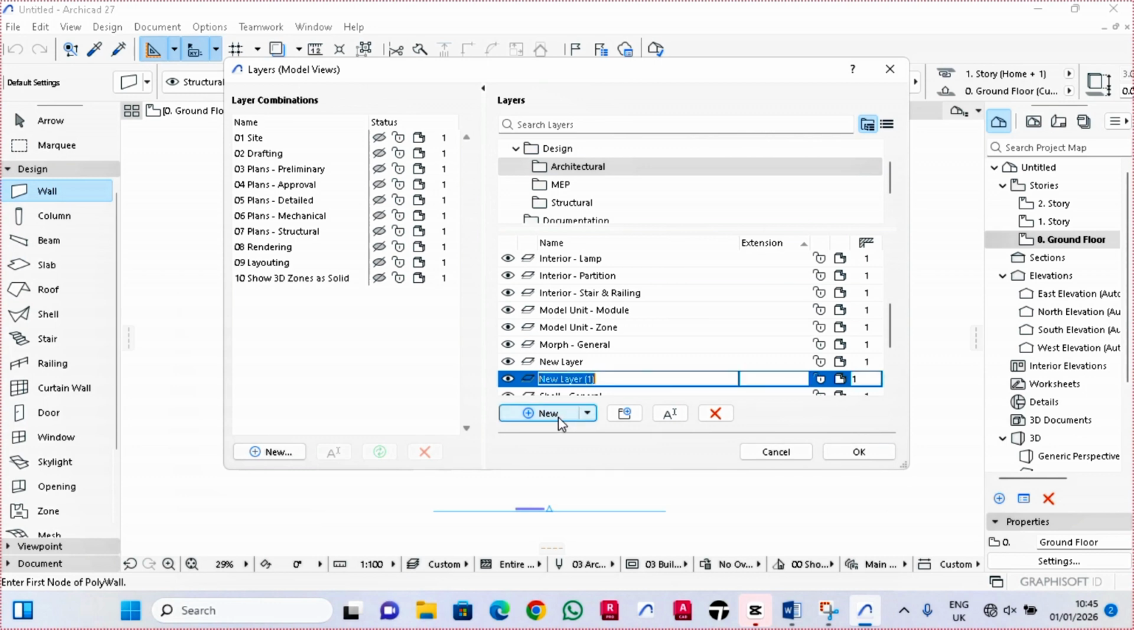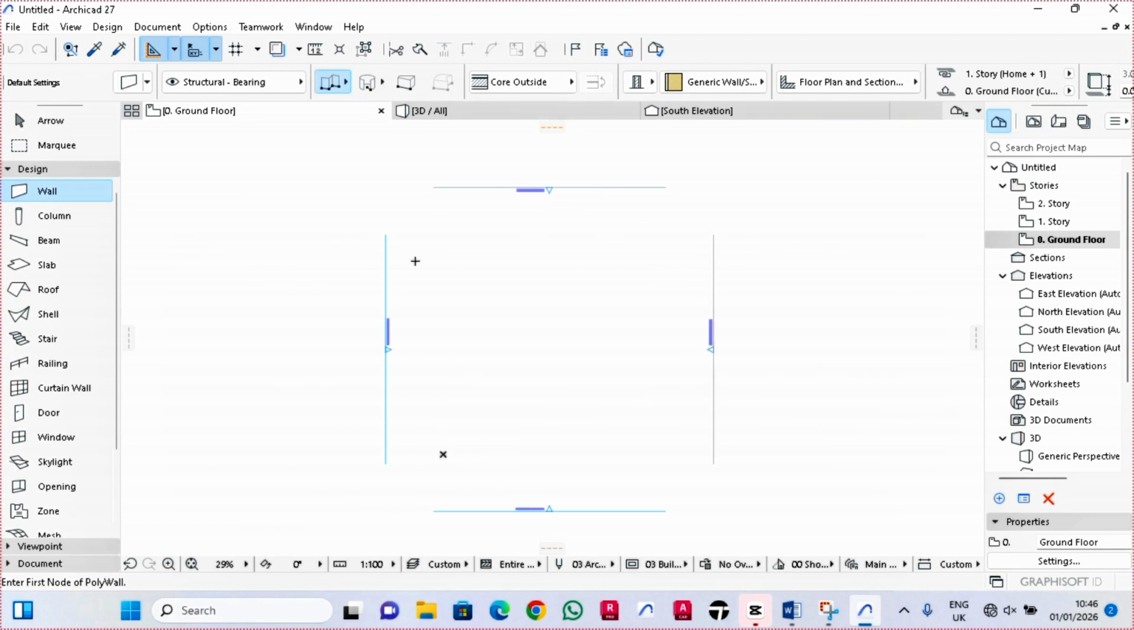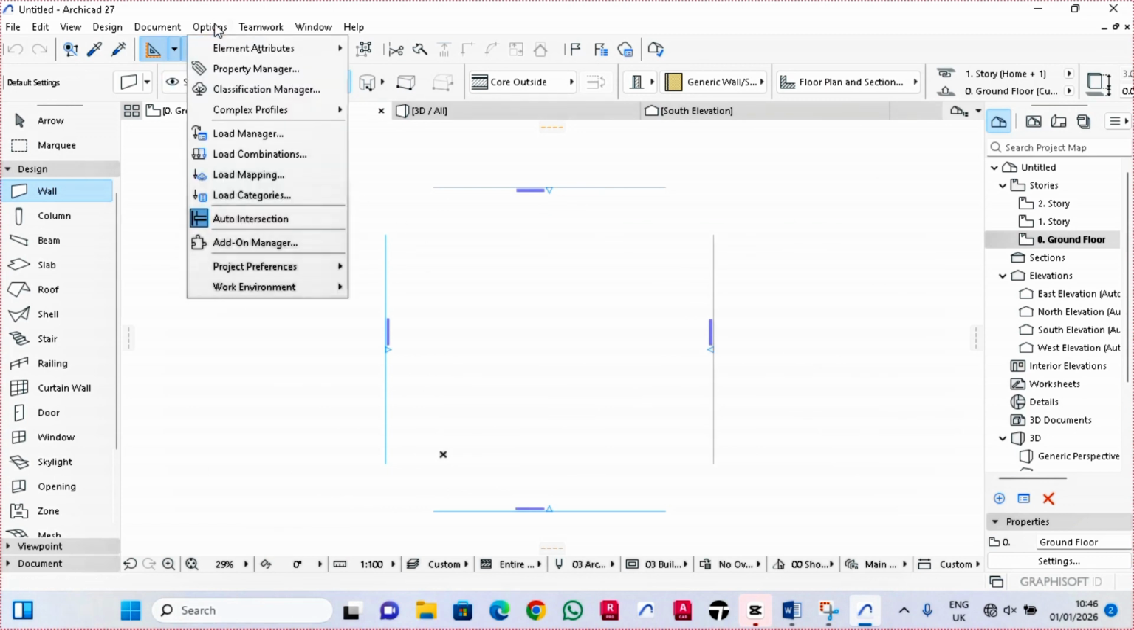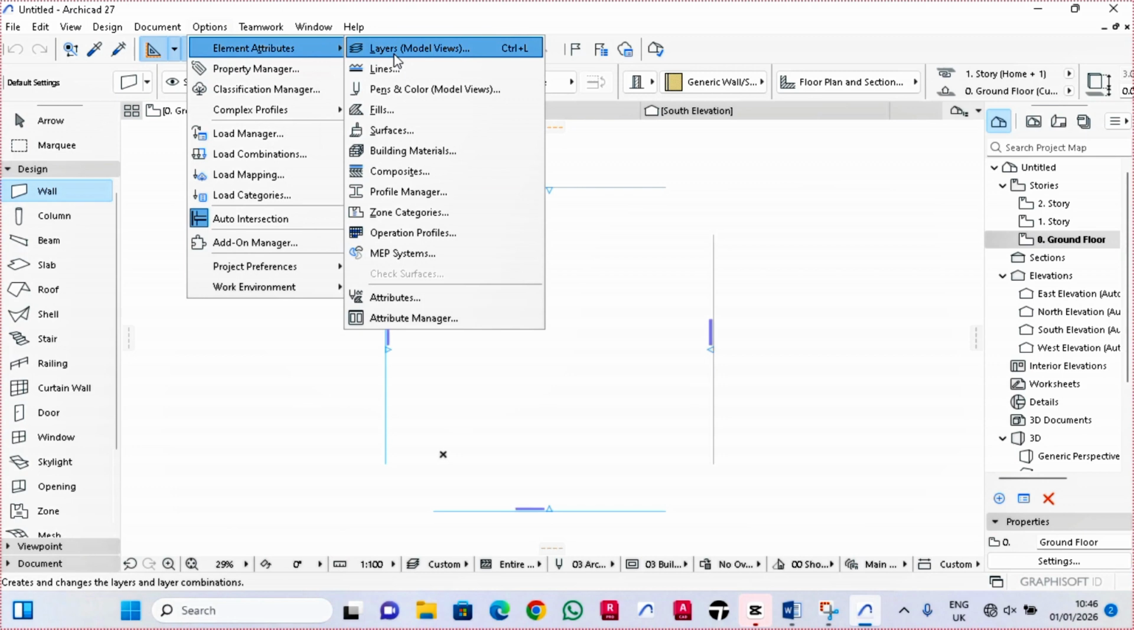Then I'm going to click on New, type in A. Another aspect I'm going to cover is Doors. Click on New. I'm going to type in A, press hyphen and I'll type in Windows. Once done, click OK. To be able to turn the layer on and off, navigate to Options, Element Attribute, Layer Model